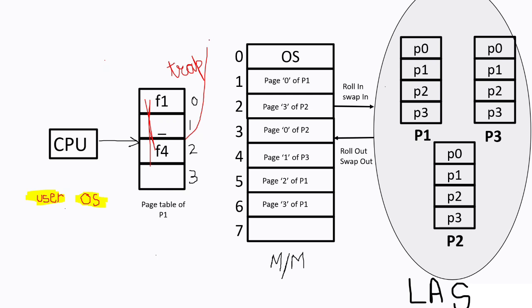Now the operating system checks if the memory access is valid, if the program tried to access an illegal